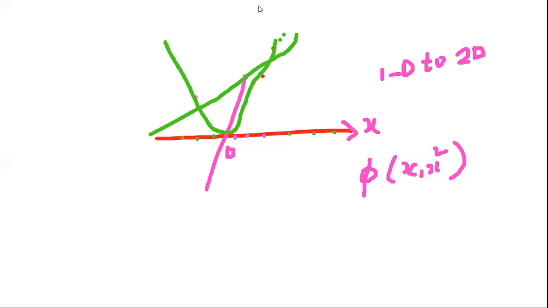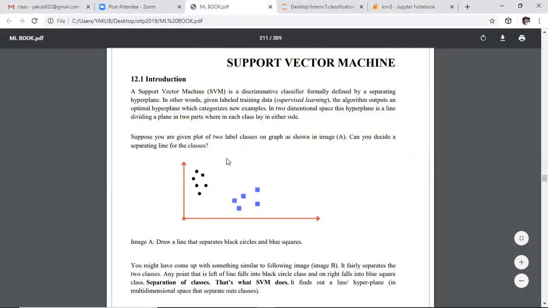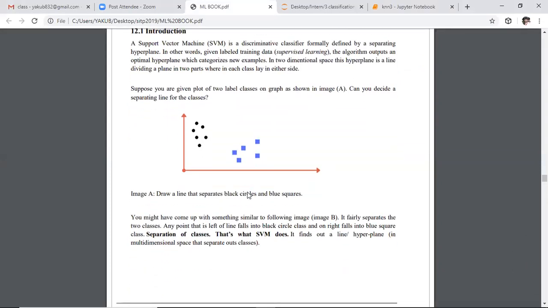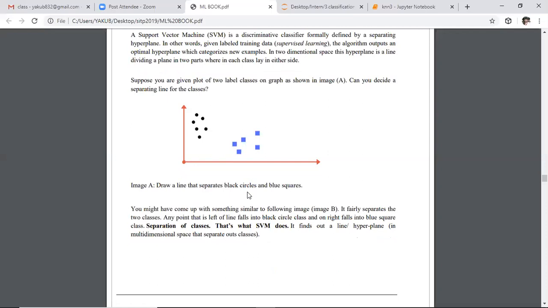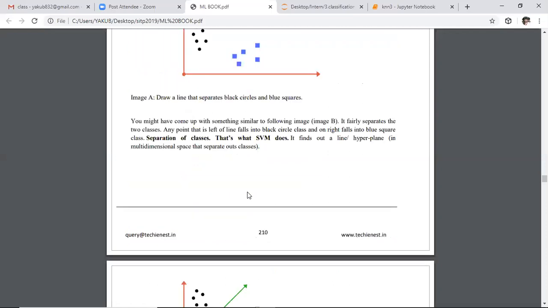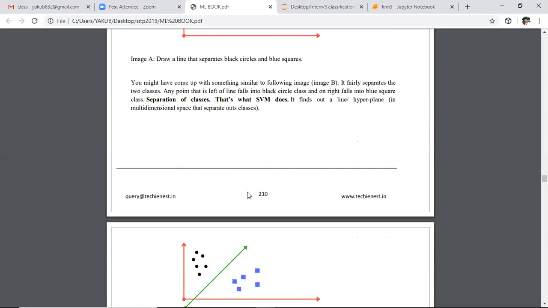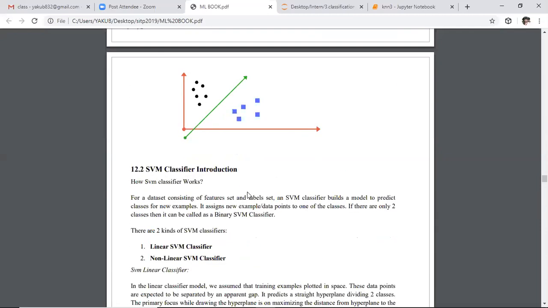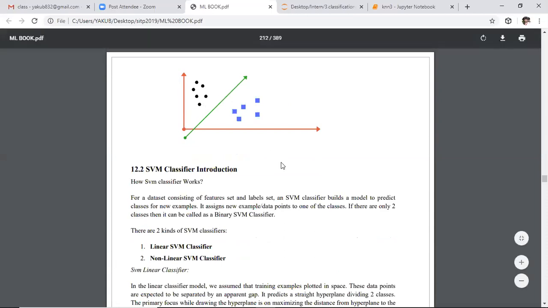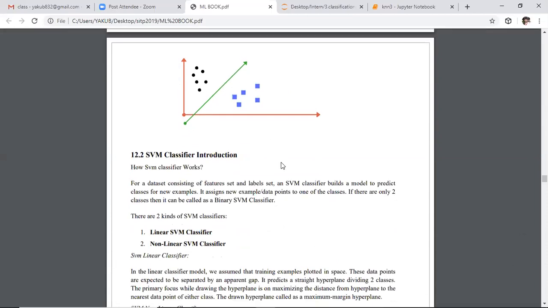So here in the book, let us assume these are the data points. In this data, we need to draw an optimal classification line. In more than one dimension, this classification line is called a hyperplane. So here I am drawing the best hyperplane, and we need to draw one line from here, for whatever points are touching it, and from this point onwards also. So here it is the optimal hyperplane.